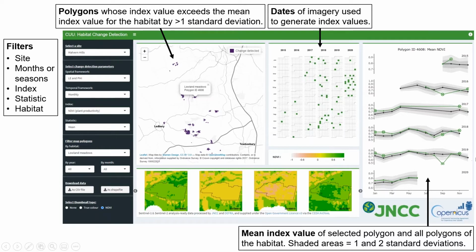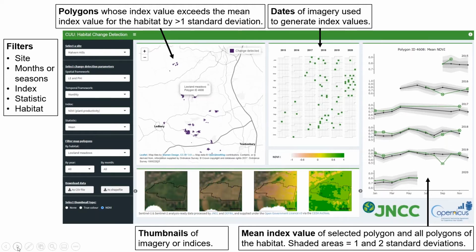And I don't know if you can see here, in September 2019, the vegetation index value, so whether it's healthy vegetation or not, has absolutely plummeted below the mean. It is by about more than 2 standard deviations. It's very low. And you can see that in the imagery here. So this is the NDVI image thumbnails, the 2 in the middle are from September. And